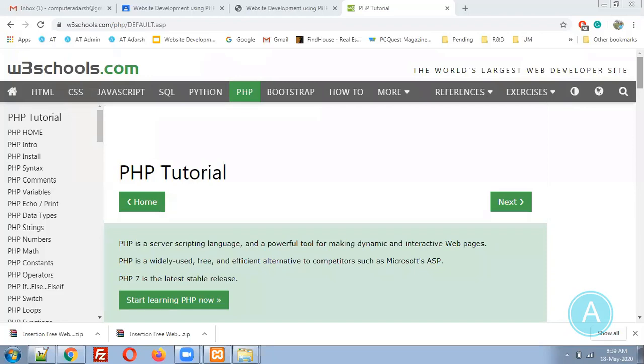The mistake people make is trying to remember as much syntax as they can. I am against that. I suggest just remember the logic. Syntax can be copied from any website. W3Schools has a lot of syntax. Suppose you search on Google, you will find a lot of ready-made things.